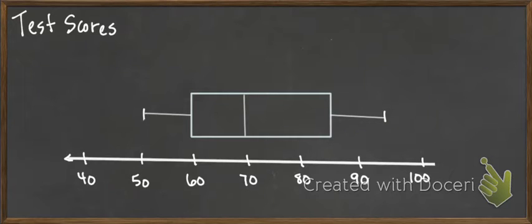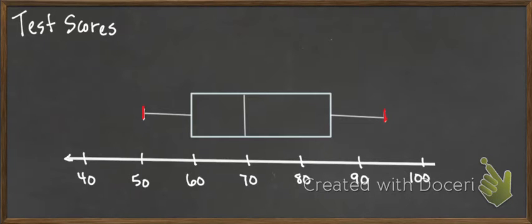Here I have a box and whisker plot showing the distribution of my test scores. So this box and whisker plot shows us what the smallest score is, 50, and what the biggest score is, 95. And then it shows us how our scores are spread between 50 and 95 by dividing those scores into